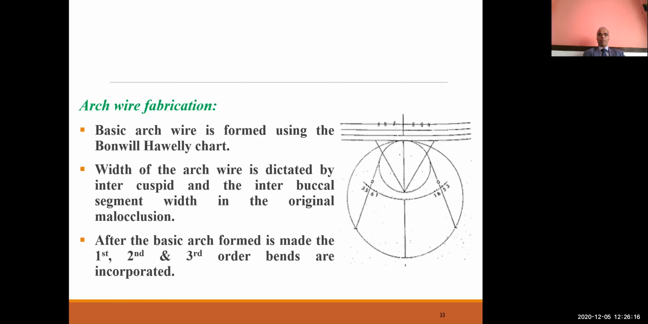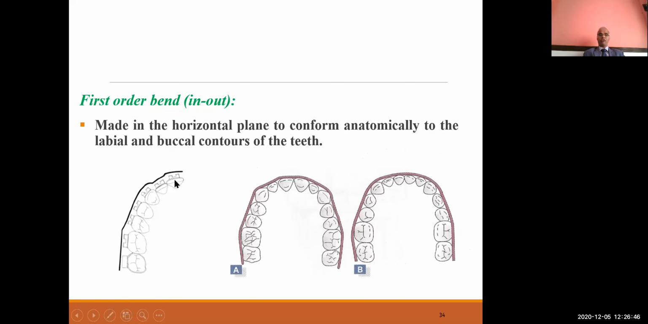He used the Holly Bonwill chart for arch fabrication. In this, the width of the arch wire is dictated by the intercanine and intermolar segment widths in the original malocclusion. And when the basic arch form is formed, then we make the first, second, and third order bends in the arch wire. This is the first order bends